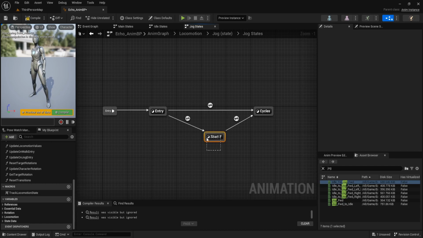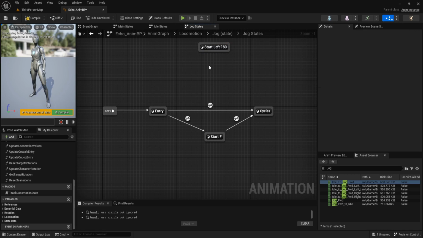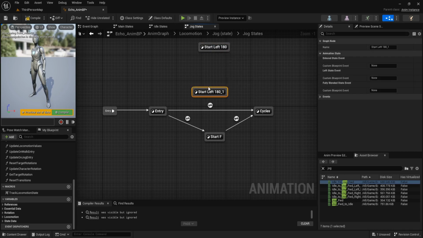And for the turn, we copy this start F. We name it to start left 180 and copy and paste.